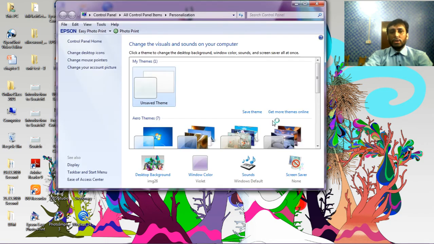If you click on it, you will see a dialog box, a panel, and in this dialog box, if you want to change the background, then you move your mouse pointer to the bottom of this dialog box, and you see the desktop background option is here.